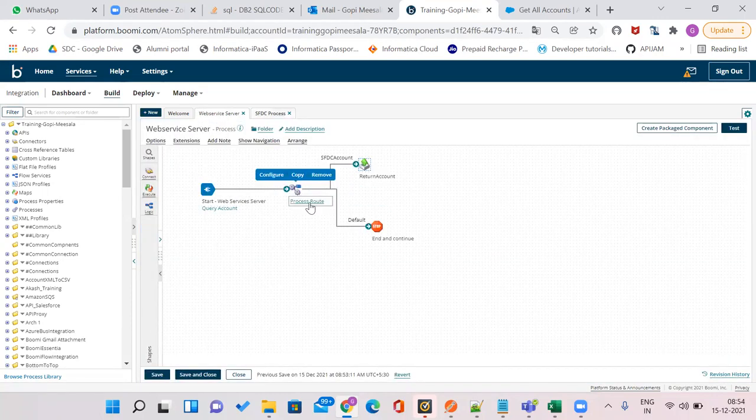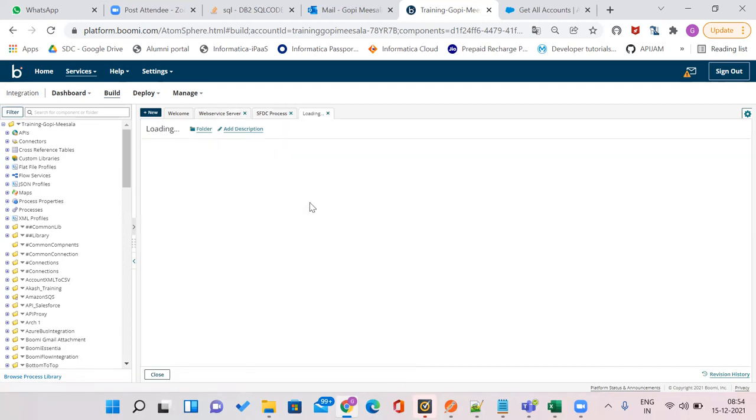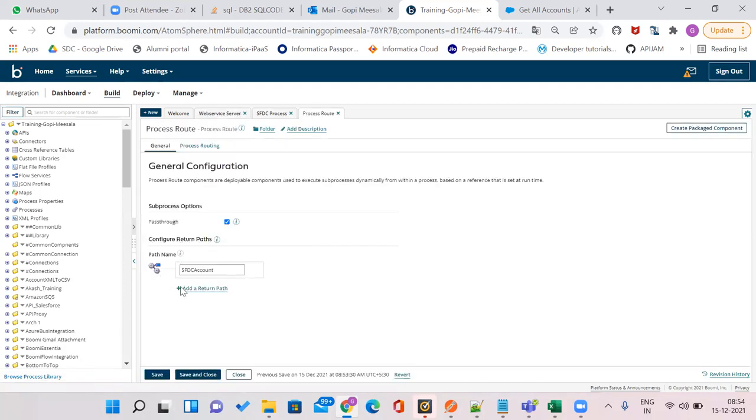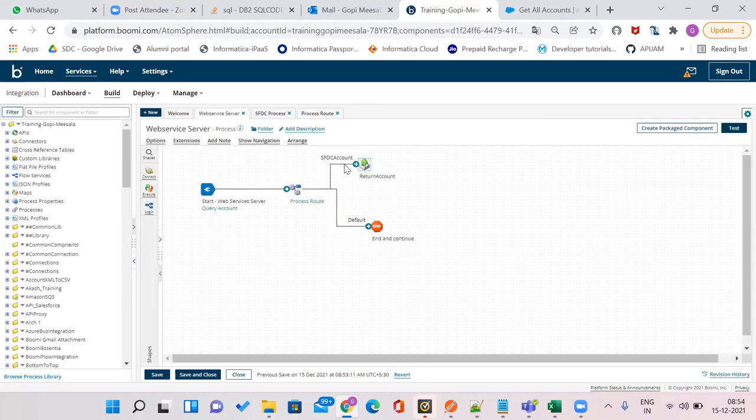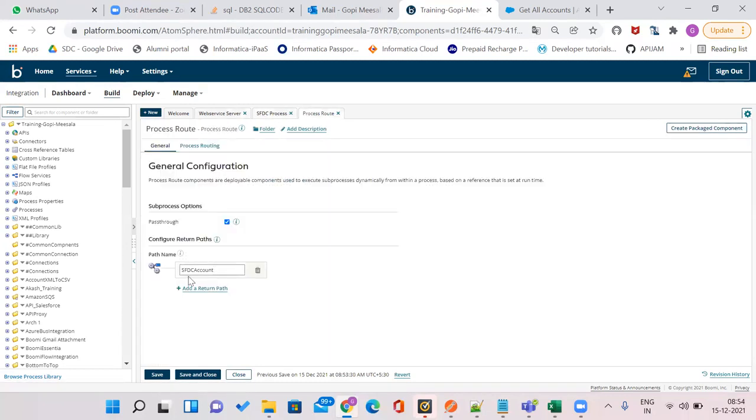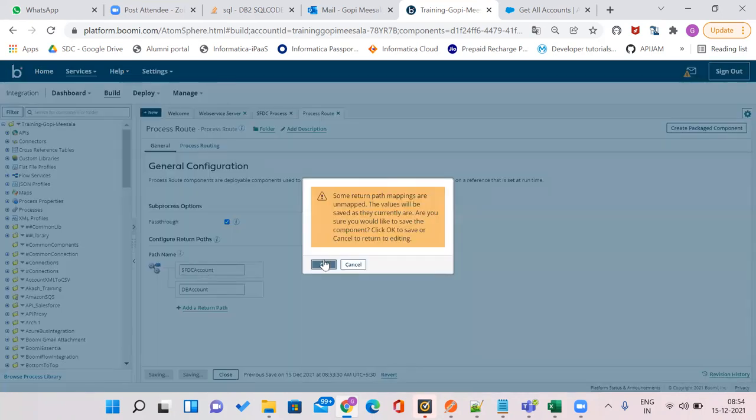Yeah, so remember as of now, the return path is nothing but which path you are going to return it. So from that SFDC account I'm going to return it. Okay, this is the path I defined here. You can define a number of paths. Suppose we are going to add one more path here in the process route shape. So this is like database account, DB account, something like that. We have one more, so DB account. So this is the return path, nothing but